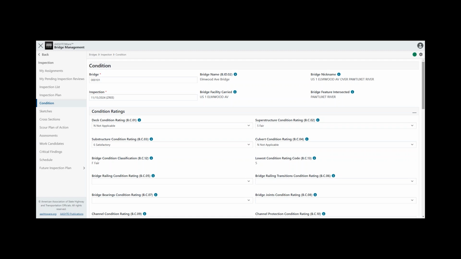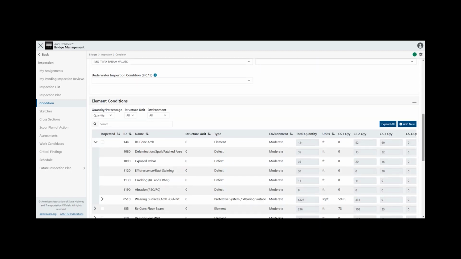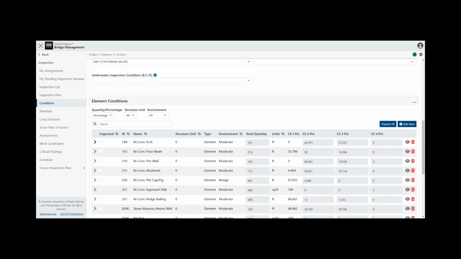The bridge condition classification and lowest condition rating code field values are automatically calculated based on the SNBI guidelines. Elements can be entered based on quantity or percentage in each of the 4 condition states. Once an element has been added, any defects or protective system wearing surface linked to that element can also be added. There are validations in place that the condition state values cannot exceed the parent element's condition state values or